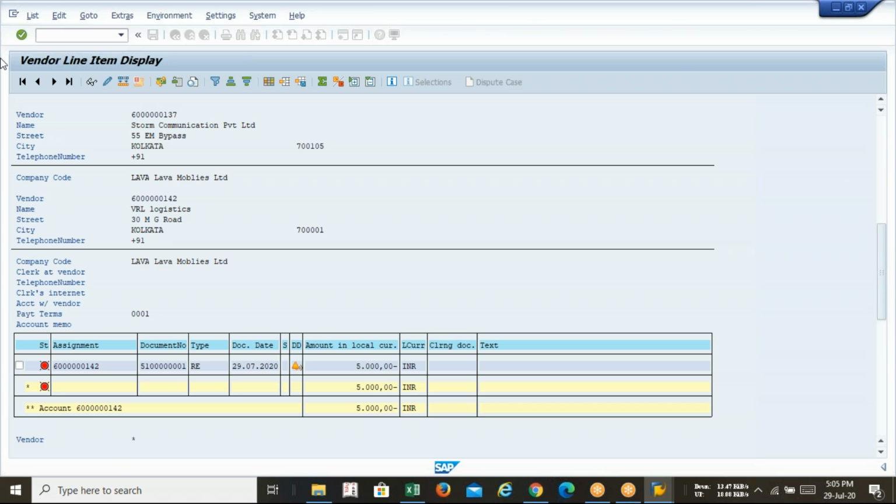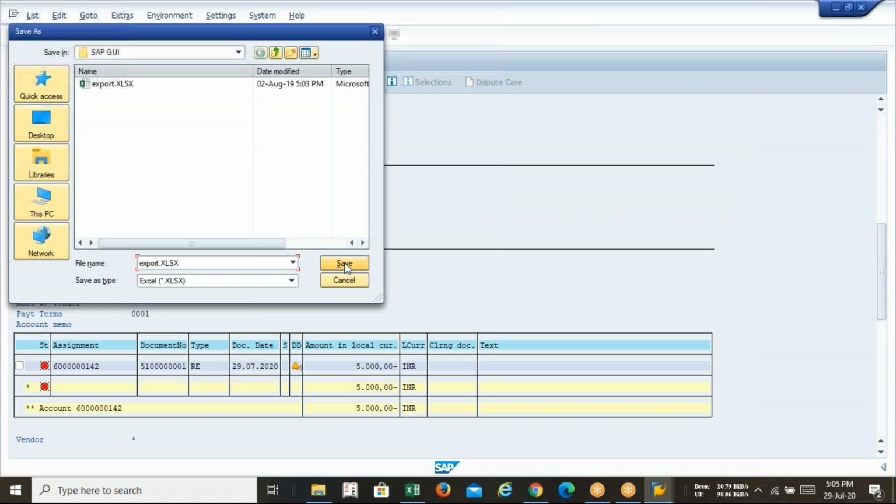So where will we get that list and export? In the list menu, we have an option called export, and in the export option, there is an option called spreadsheet. Spreadsheet will be the Excel format. You can see export.xls.